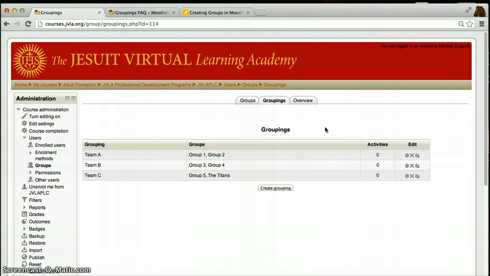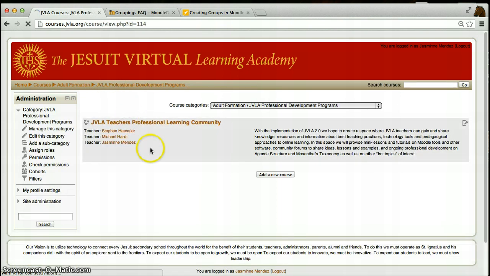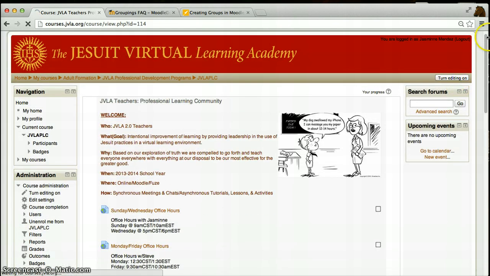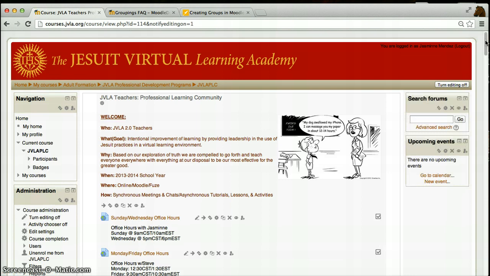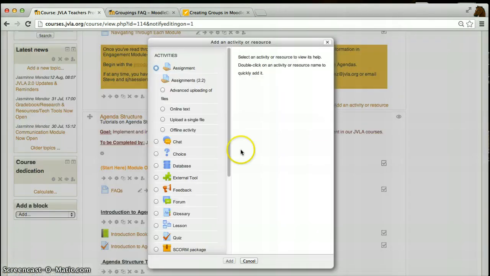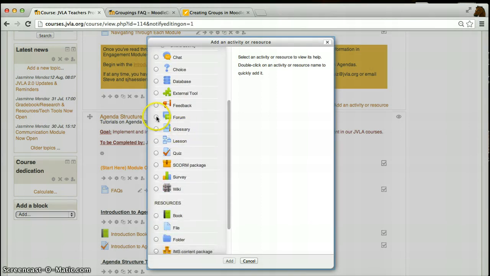And remember that various activities such as quizzes and discussion boards and assignments have the option of groups. You can have them be visible groups, separate groups, or no groups at all. So for example, I'll just walk you through one of them here briefly. If and when I wanted to create, I'll go ahead and turn my editing on. If I wanted to add an assignment, an activity, or a resource, and let's say that I wanted to add a forum post,